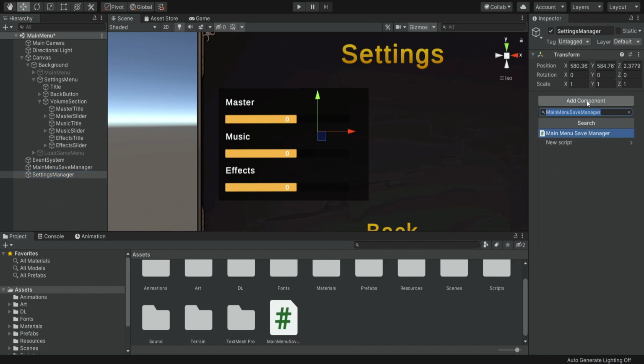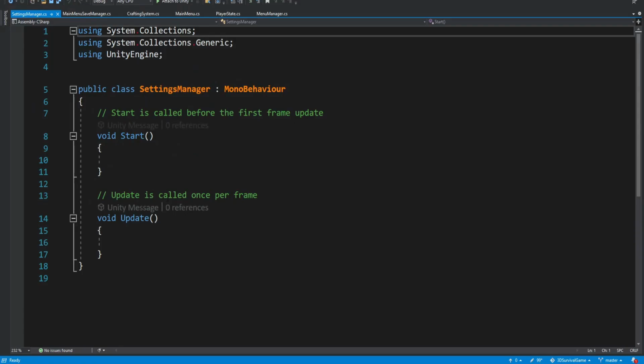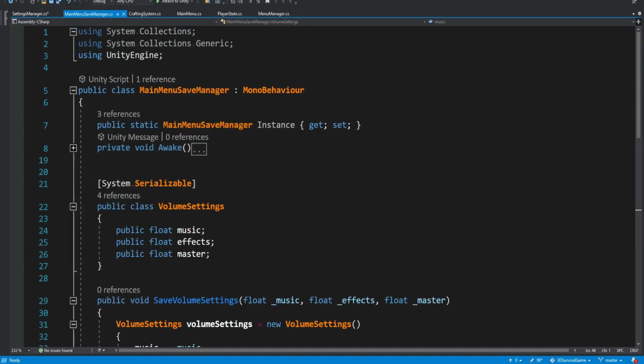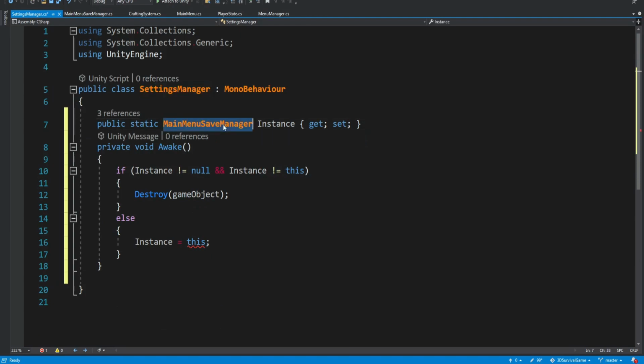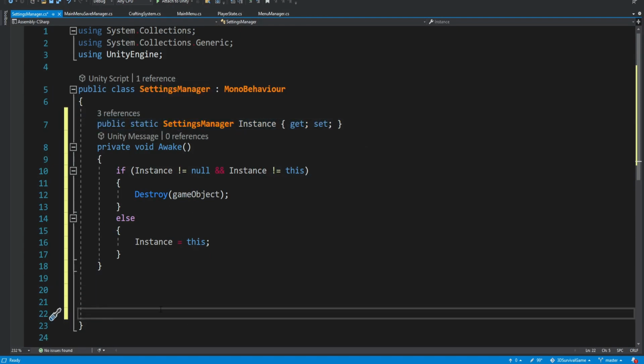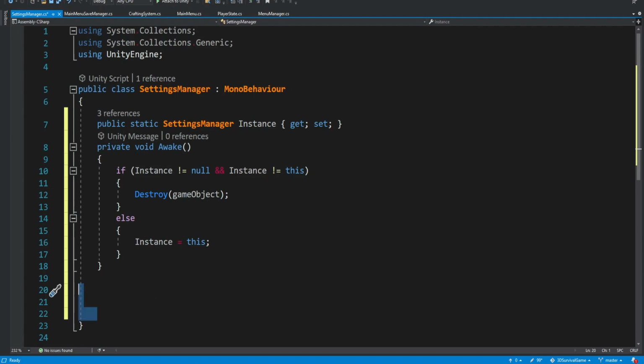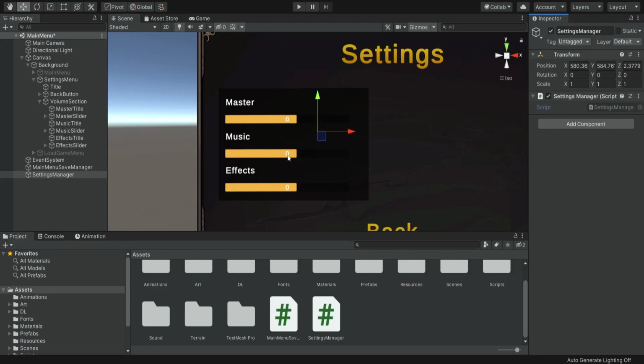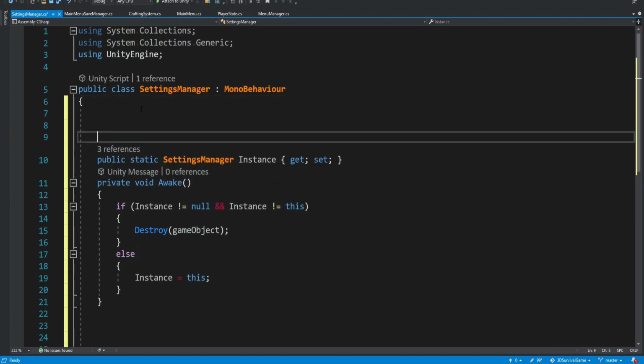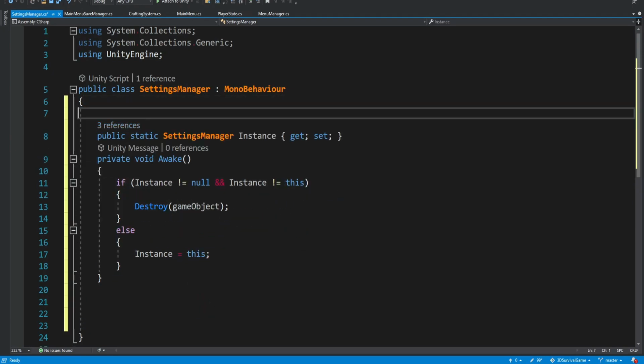We add a new script. Then we're going to make it into a singleton as well. So we just go over here, we copy this and that. And now we want to have a reference to the sliders and to this value text, right? We want to change this text when the value is changing. So over here, or rather, doesn't matter,